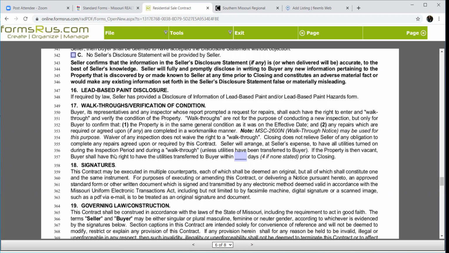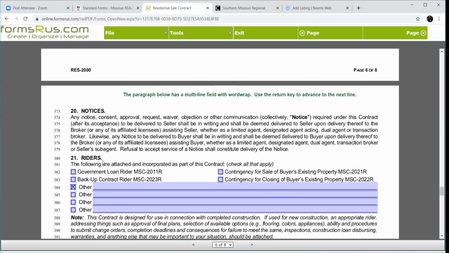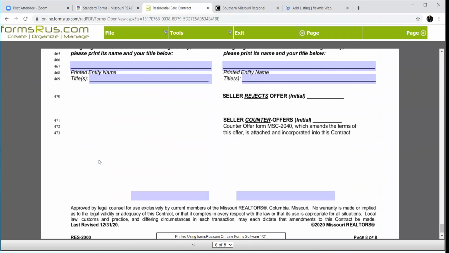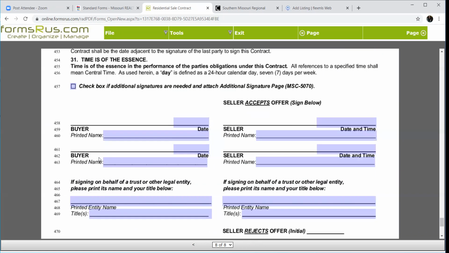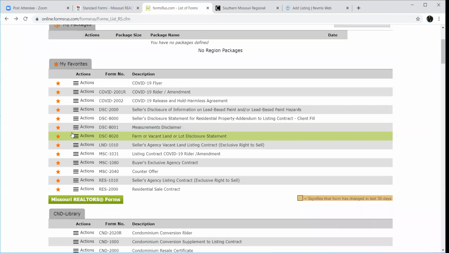You make a photocopy of the check on a piece of paper, take the check and that piece of paper to the title company, the rep will sign off on that as a receipt, and then it's out of your hands, which is where I want it. I don't want you guys carrying around earnest money, don't let it get lost. That's not good. Okay, questions on the contract? All right.